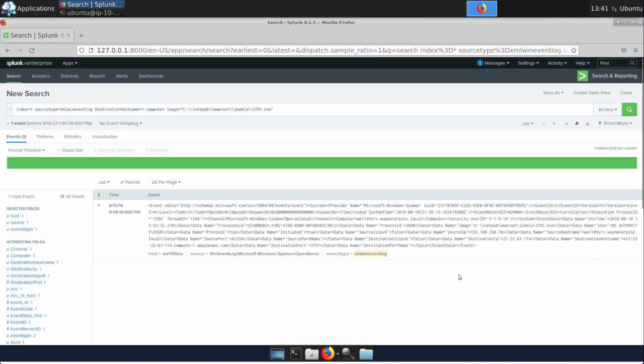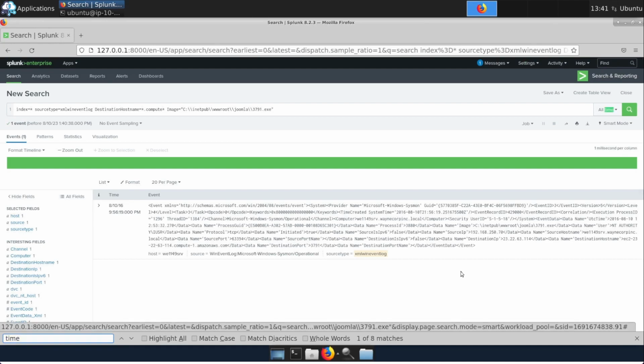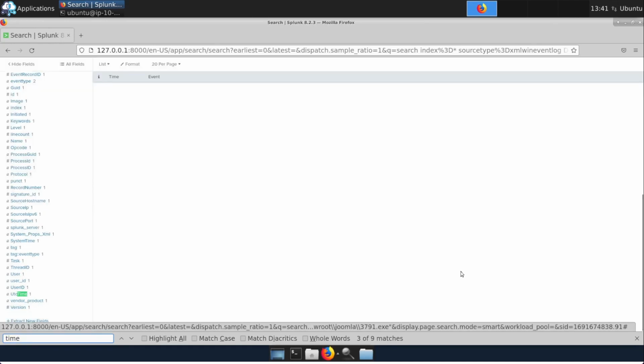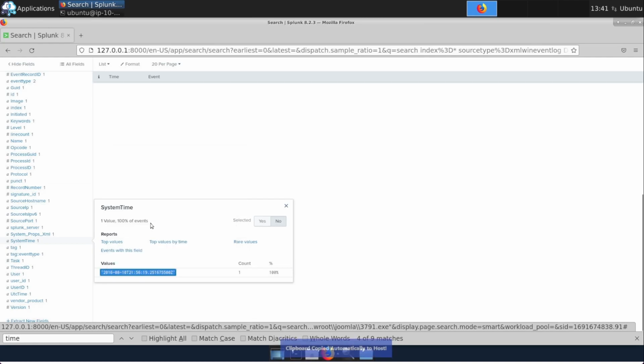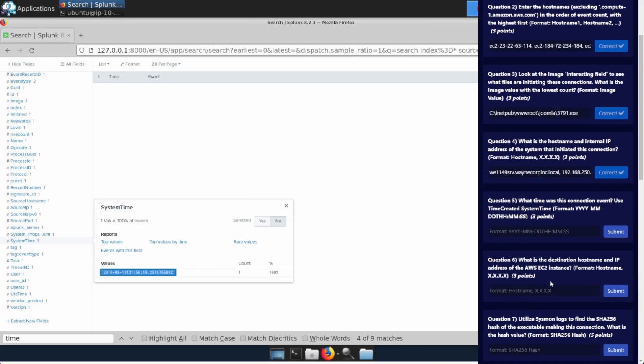Okay, so let's have a look in here. We can just do Control F, so time. Is it going to highlight anything for us? It is. Oh, we've got a system time here. Yeah, this is what it wants. So we can just grab this value. So it's in 2016. Make sure it follows the format, year, month. Yeah, perfect. So we'll just take away these